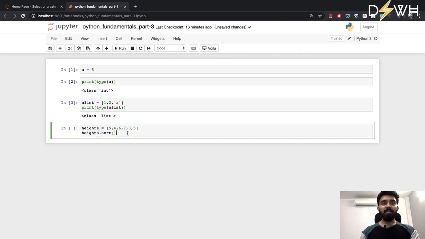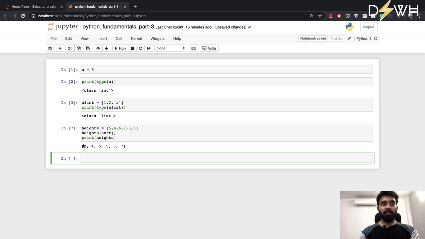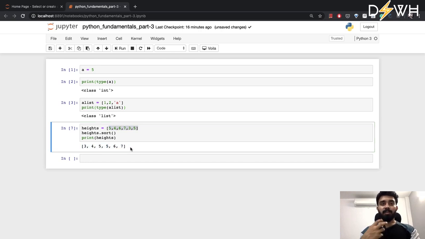When I run heights.sort, this particular sorting method sorts my heights list, and I can simply print heights, and you can see that it has sorted my heights list in this particular manner. So the method has changed the state of my object.